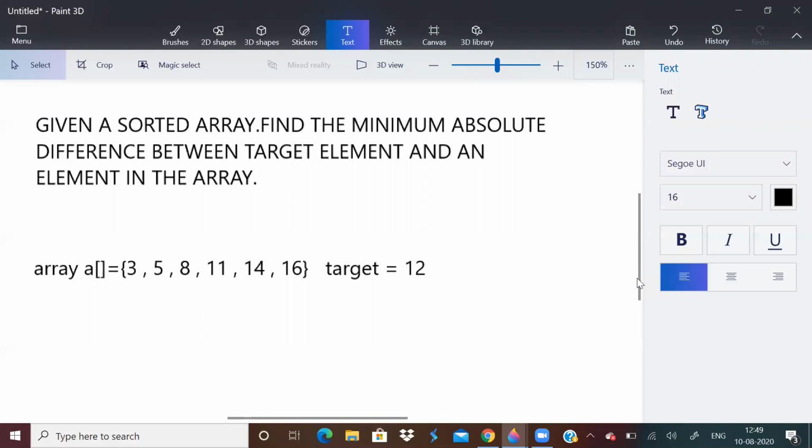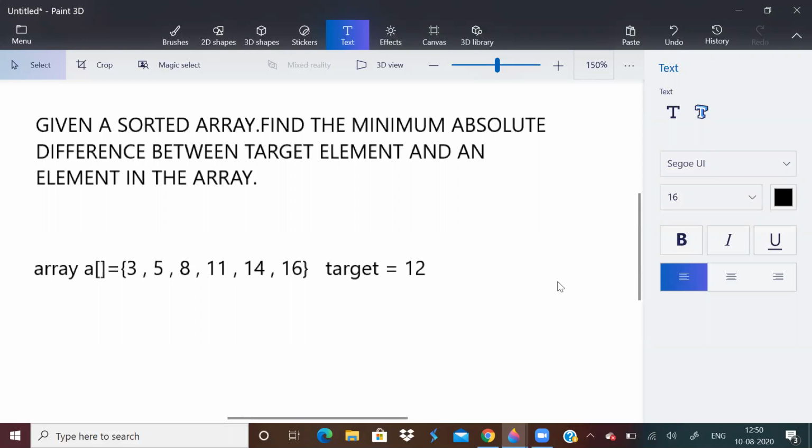You don't need to have any prerequisite knowledge apart from knowing how the binary search algorithm works, like how to write the code. I hope you all know that binary search is an efficient way of searching for an element in an array. The time complexity is log n. In that algorithm, we keep dividing the array into two until we get the element.